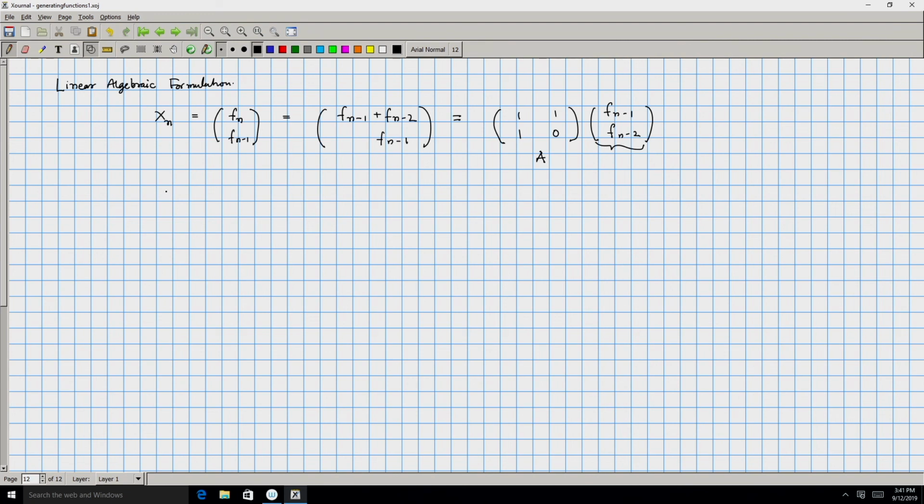Okay. So, we can simply write this as xn is equal to A into xn minus 1,